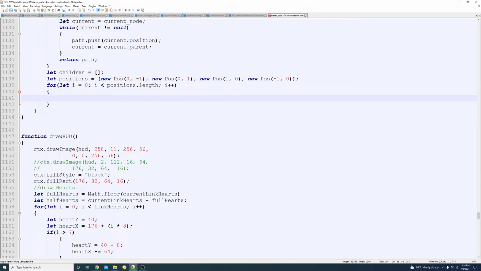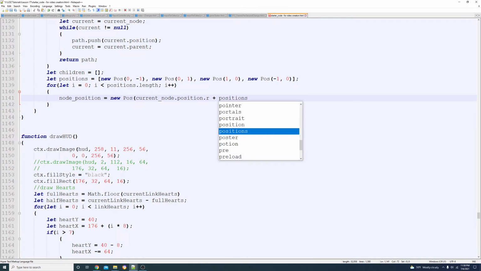Okay, so our node position is equal to a new position, and it's going to be our current node.position.r plus the new position that we want to get to,